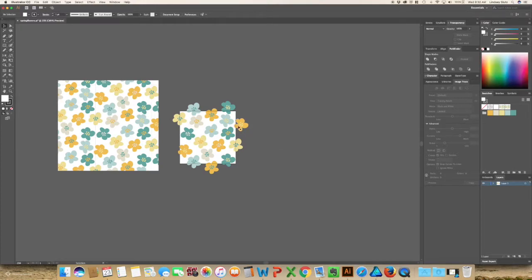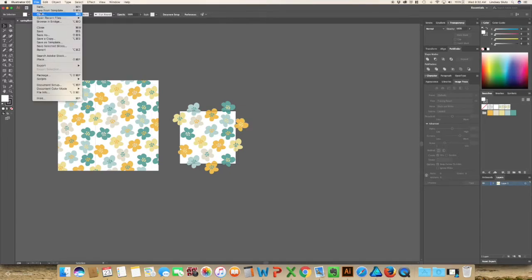For this tutorial, I'm just going to do a pattern because it's really easy. If you have a specific design, you can follow the same exact guideline, especially if you're wanting to put it over a wide range of products, if you're not doing just specific things like a coffee mug or a greeting card. So the first thing I do, go to File, New,